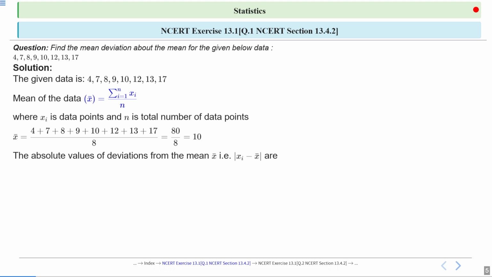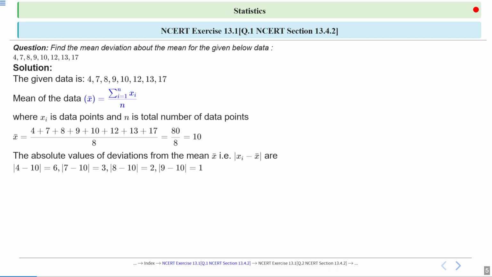Next, we need to find the absolute deviations from the mean. That means we subtract the mean from each data value and take the absolute value, or the positive difference. So we will write it as absolute deviation |xi minus mean|, and here the absolute values of deviations from the mean x bar are,